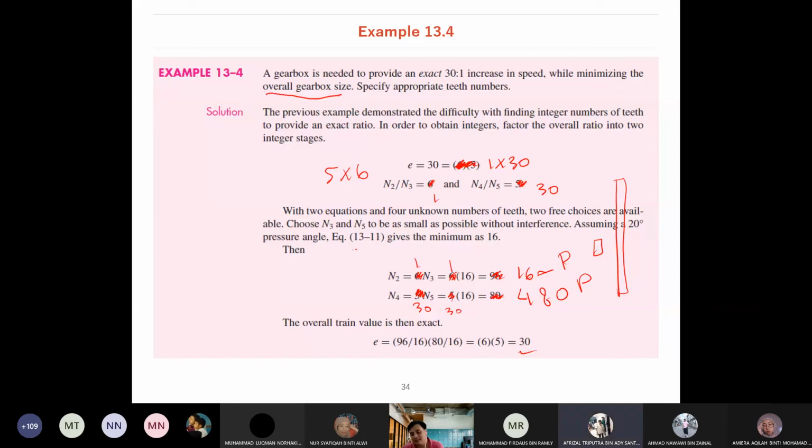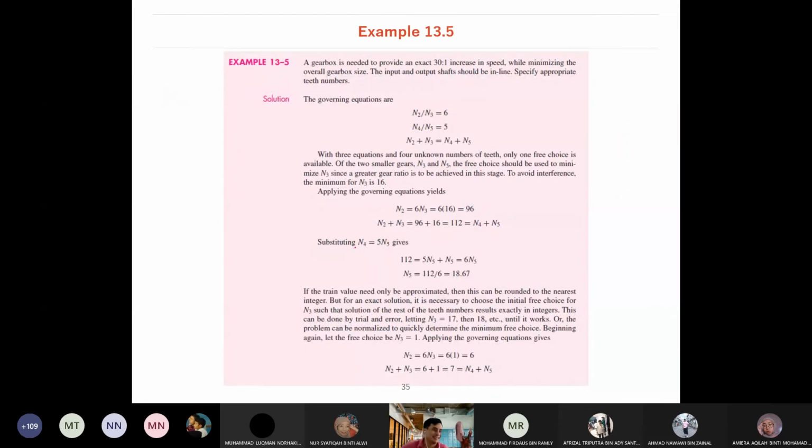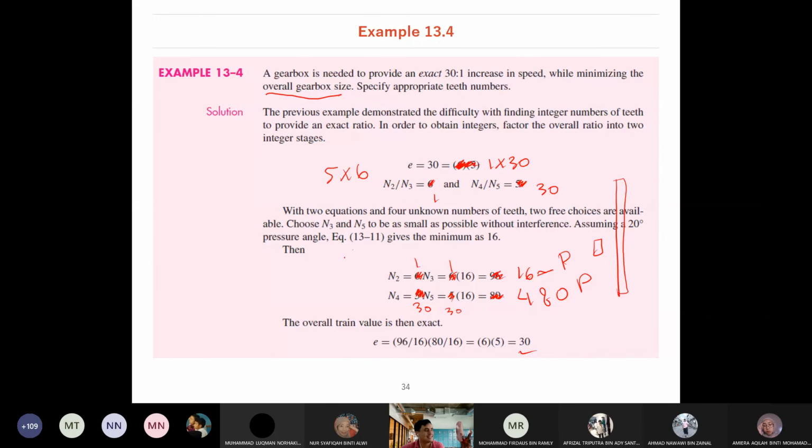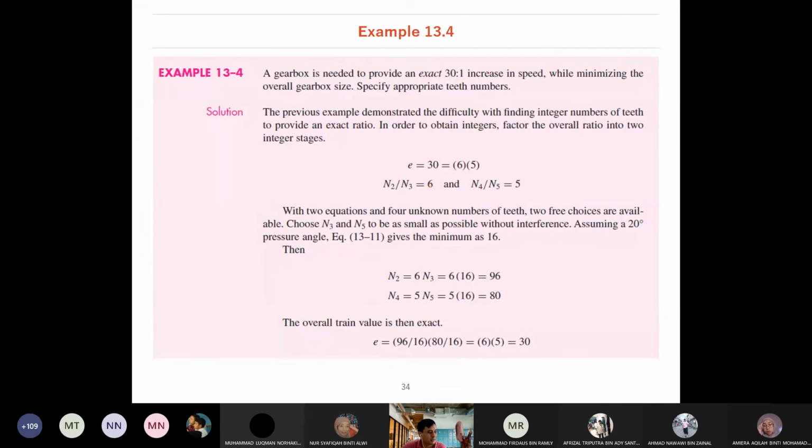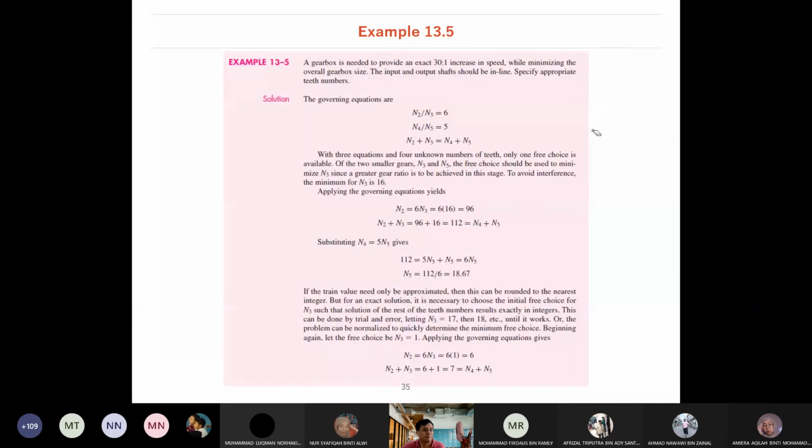Okay. Kita pergi last. Yang terakhir. Alright, this is the terakhir lah for this today. Saya tak nak lama panjang-panjang. Saya tak nak awak jadi gila. Okay. Alright. Saya padam balik, erase all those things. Okay, 13.6. Alright. So siapa tolong mute? Okay. Alright, dia kata okay. So a gearbox is needed to provide an exact